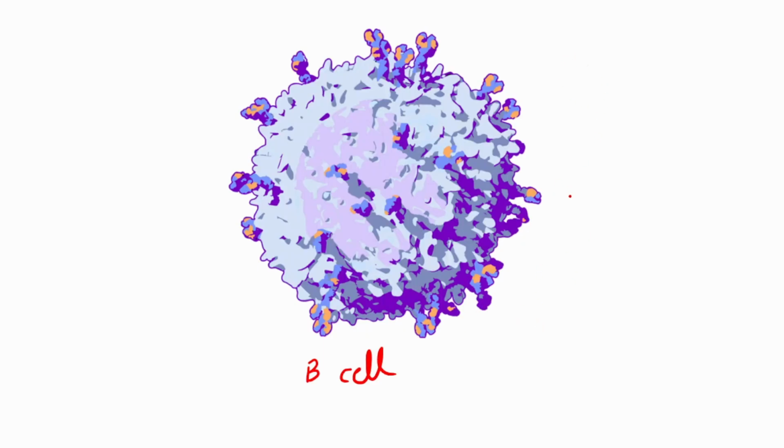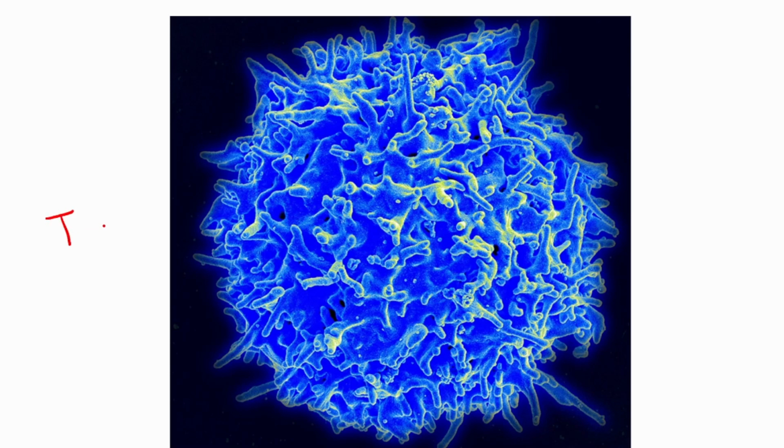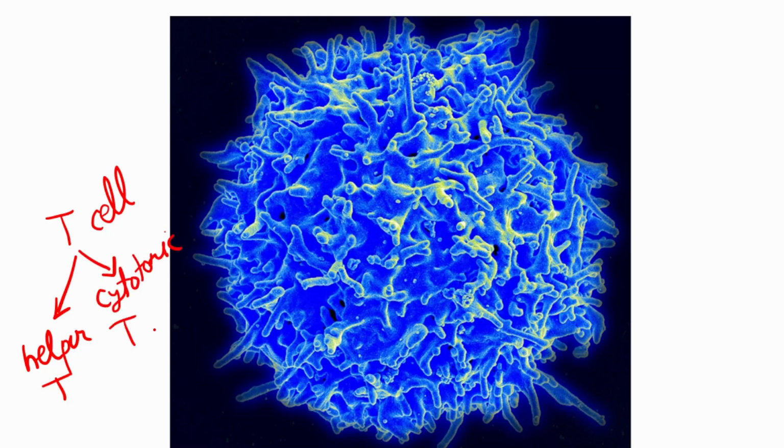First comes B cells. B cells are specialized to produce highly specific circulating Y-shaped proteins called antibodies, which drive humoral immunity to target extracellular pathogens. And T cells, which you see in this image, conversely coordinate cellular immunity. They divide into helper T cell lineages that manage the broader immune cascade and cytotoxic lineages that directly kill virally